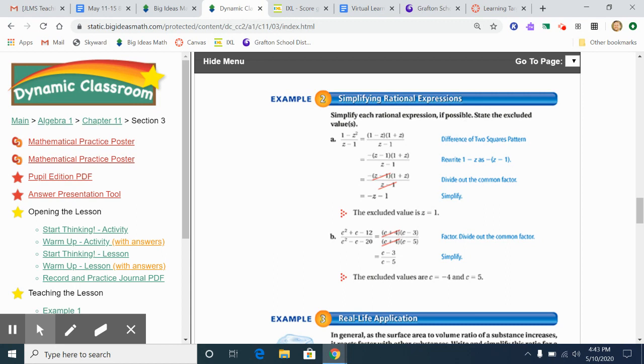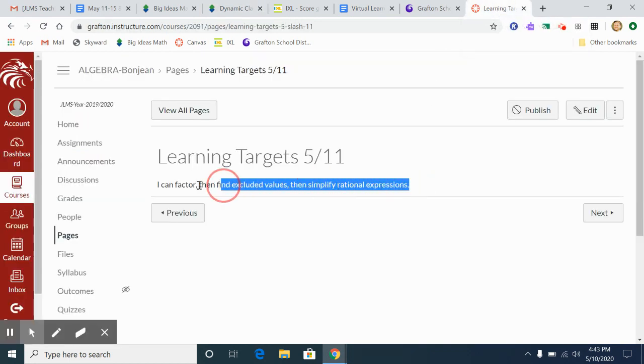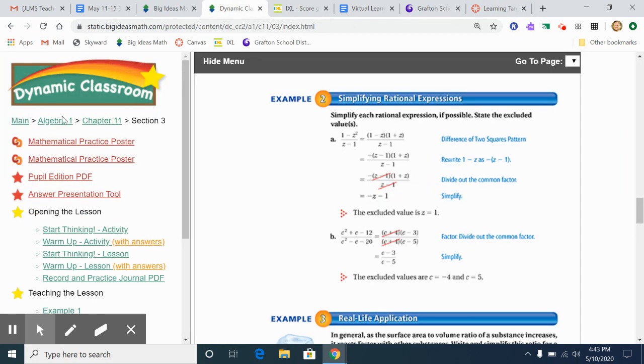So what I want to do first is just review factoring, because we're going to have to factor, and then we're going to have to find excluded values, and then we're going to have to simplify. That's actually your learning target today: I can factor, then find excluded values and then simplify rational expressions. So there's three things that we're going to be doing today. So let's review